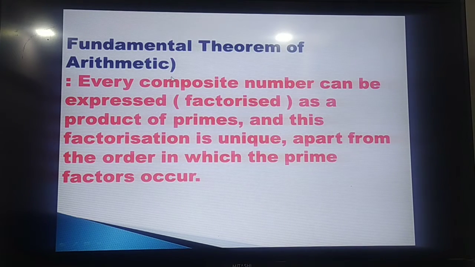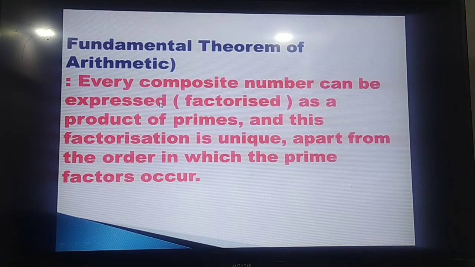So what happened? The numbers we have divided into three groups. First is 1. 1 is neither prime nor composite. It has got only one factor. Another group is numbers having exactly two factors, that is 2, 3, 5, 7, 11, 13. These are the prime numbers. And another group is more than two factors, starting from 4. 4, 6, 8, 9, 10, 12, 14, 15 have got more than two factors. These are called the composite numbers.